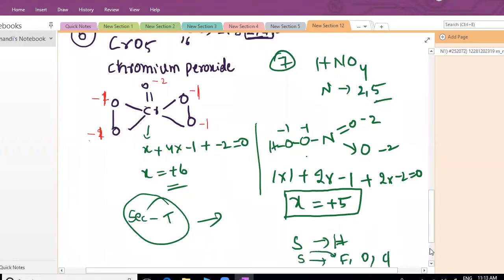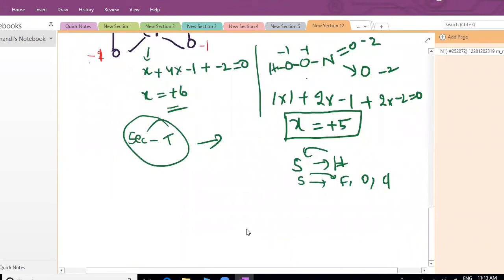The opposite person, whether strong or weak, decides that. Already yesterday I gave that one. Fluorine is the strongest person. It will take electrons from anywhere. The next strongest is oxygen. It can take electrons from all elements except fluorine. I gave these 2 points. I think that is the point to remember.